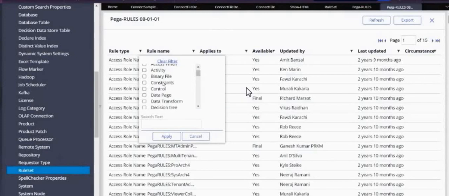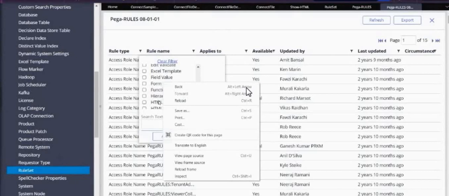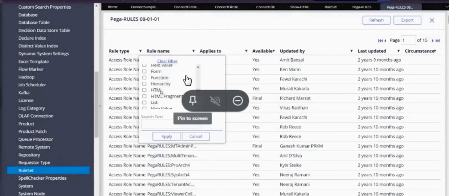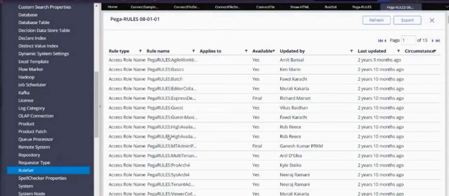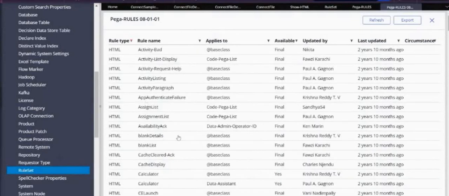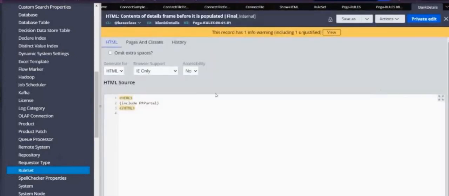Here I'm searching for HTML. So let's take any one of the HTML rules from here, and we'll save it as this into our rule set and also into our work class.